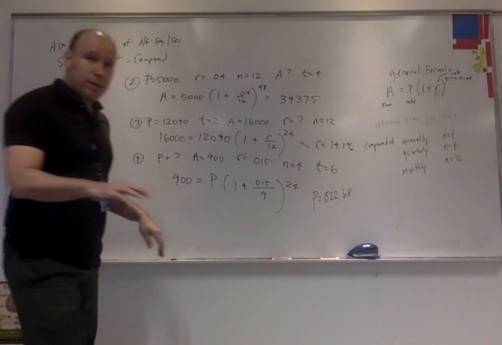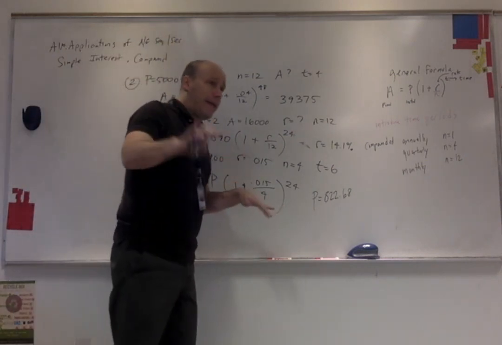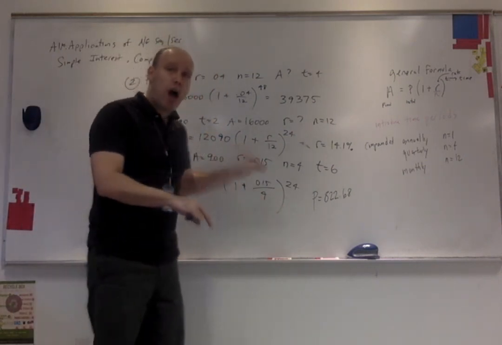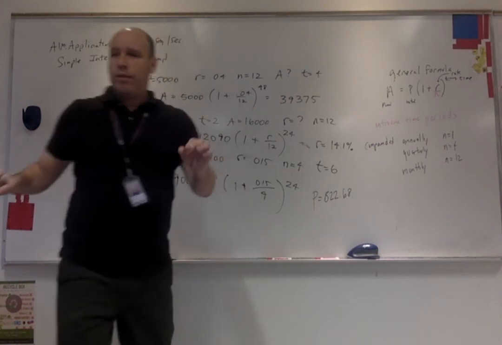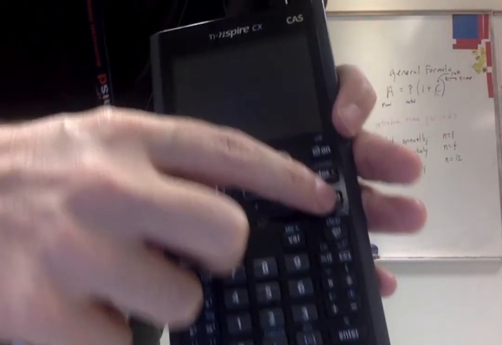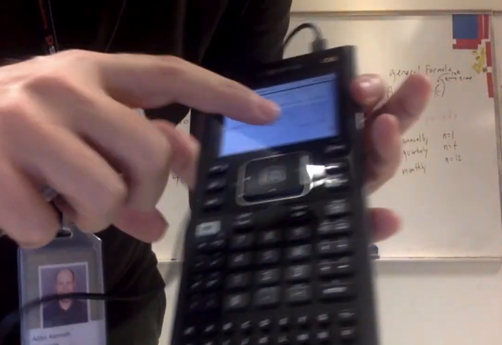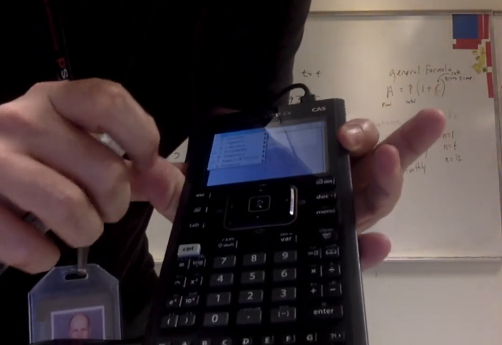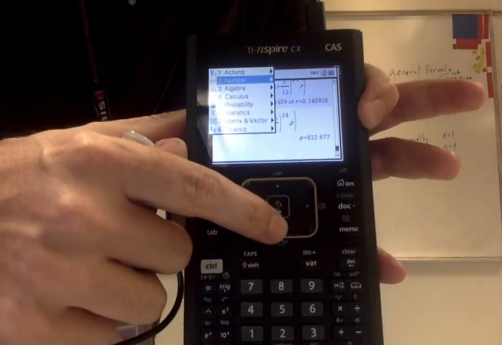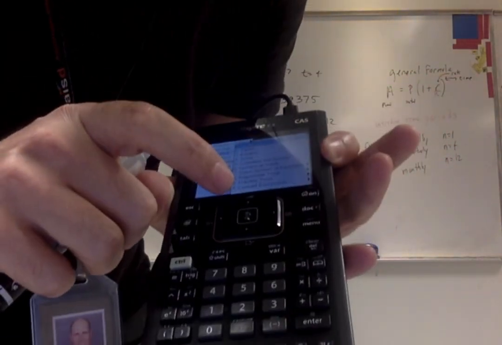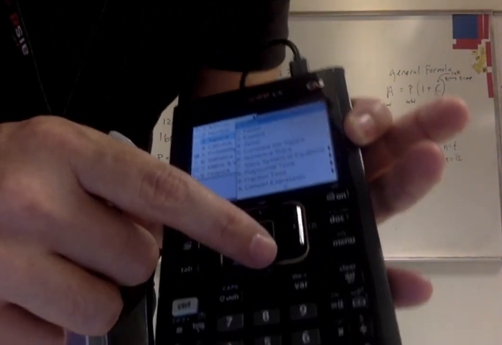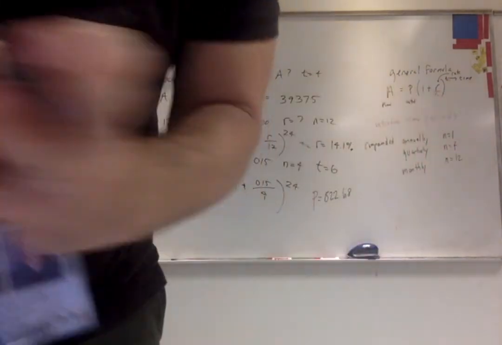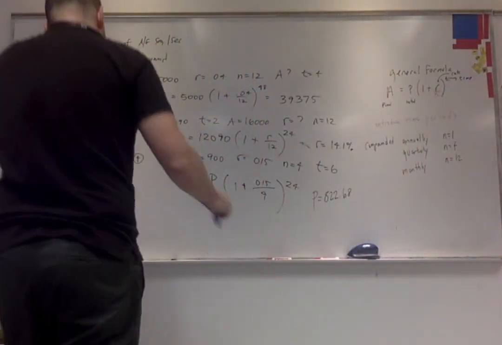Please know how to put this in your calculator. I know that my kids know how to do this. It's M-Solve. You go to menu. And then the first thing is go to algebra. And then the first one, on my calculator says solve, but you should have something called M-Solve. And then you're going to put this whole thing,